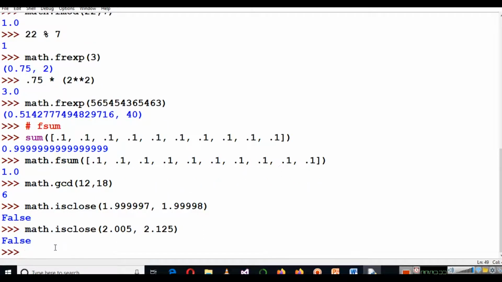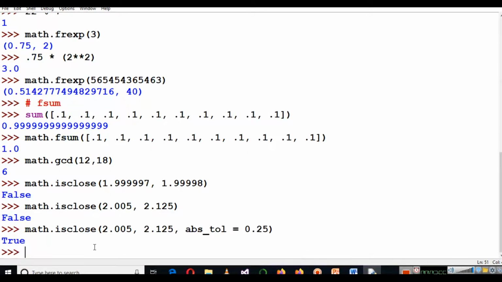We will see the output is false. But if I include this third parameter, absolute tolerance, then this value will become true because now the difference is covered. So this is how the isclose method works.